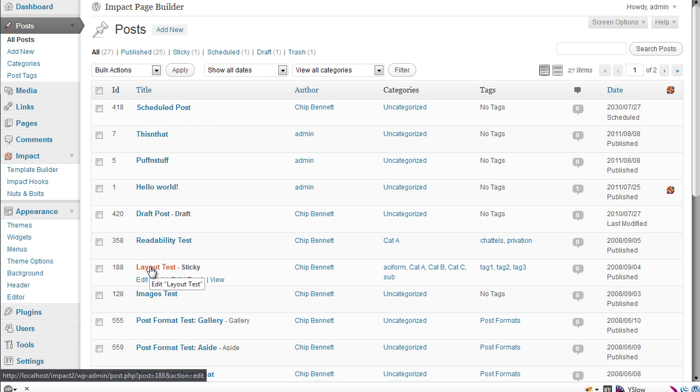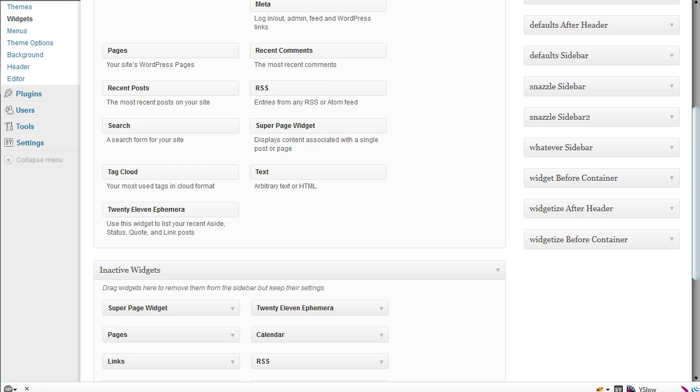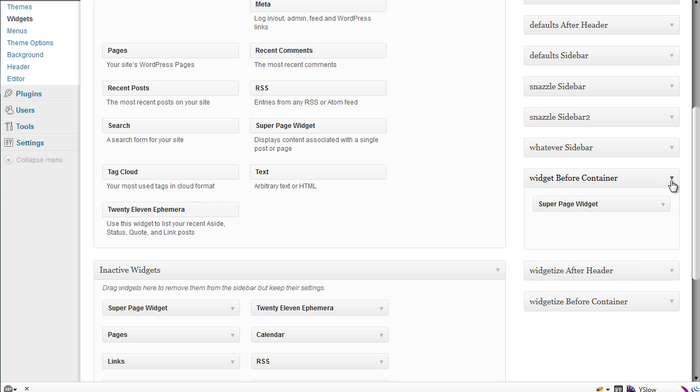So to get the ID, you just have to hover over the link and then look down in the bottom left corner here. This is in Firefox. So we can see, actually we'll use readability test, and you can see in the URL showing in the bottom left of the screen, it says post equals 358. So remember that, write that number down. So that's 358. Now if we go back over to our widgets, go down here to the widget template before